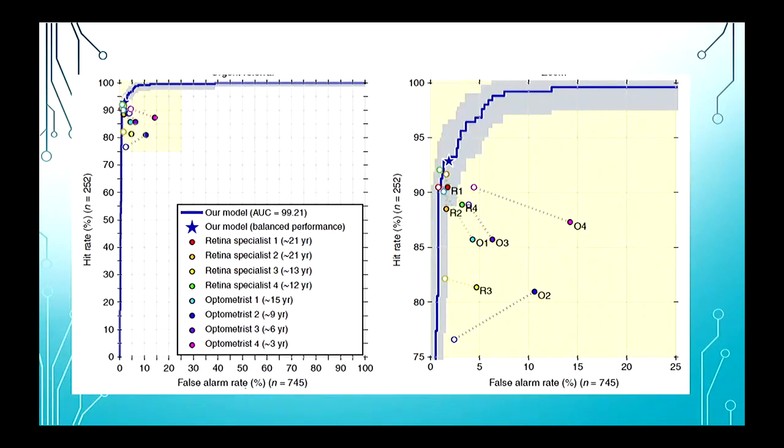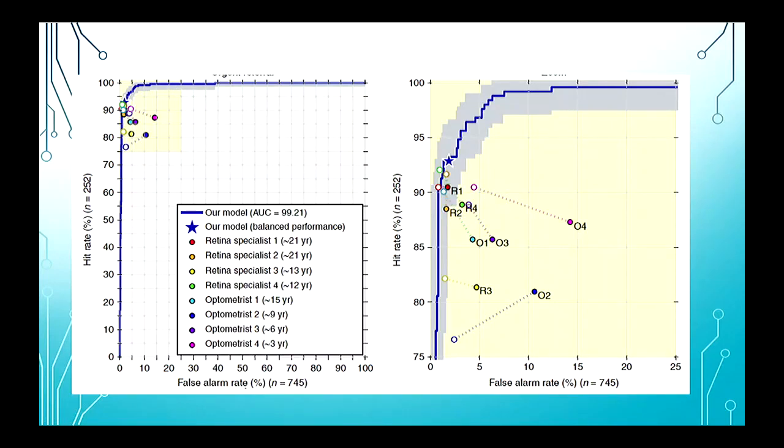I love this plot. This is amazing. So when they first published their results, the left-hand side is what they call the area under the curve plot, which is essentially the specificity and sensitivity of the network. The higher you are, the closer you are to 100%, the better, right? So the blue line is the performance of the machine, which starts at 0. So here at the beginning, the machine is learning. And quickly, it reaches about 100%, and it stays about 100%.